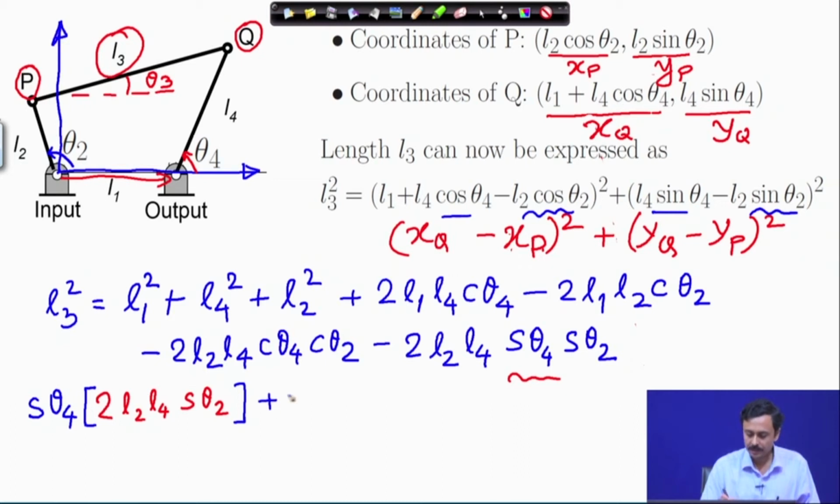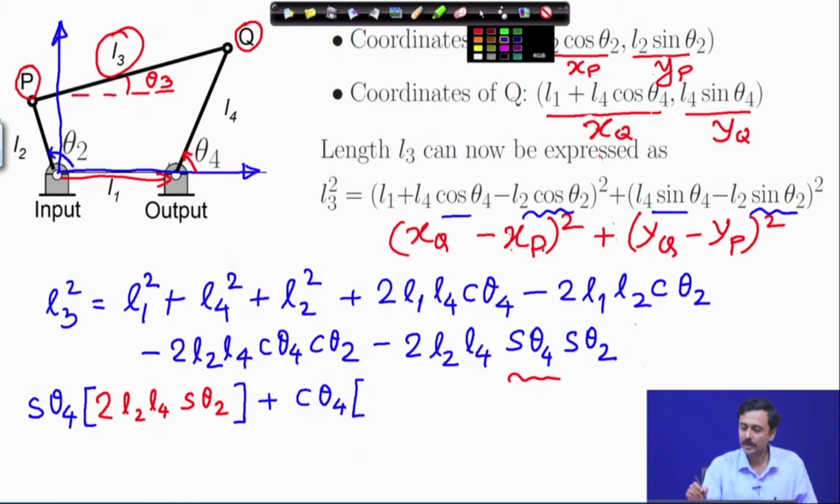Then I will look at the cos theta 4 terms. So, I have cos theta 4, this is one term, this is one term, that is it. So, I can write, so this comes with, so this term I have taken to the left hand side, so that this I have written positive. So, I must take all terms to the left hand side. So, cos theta 4